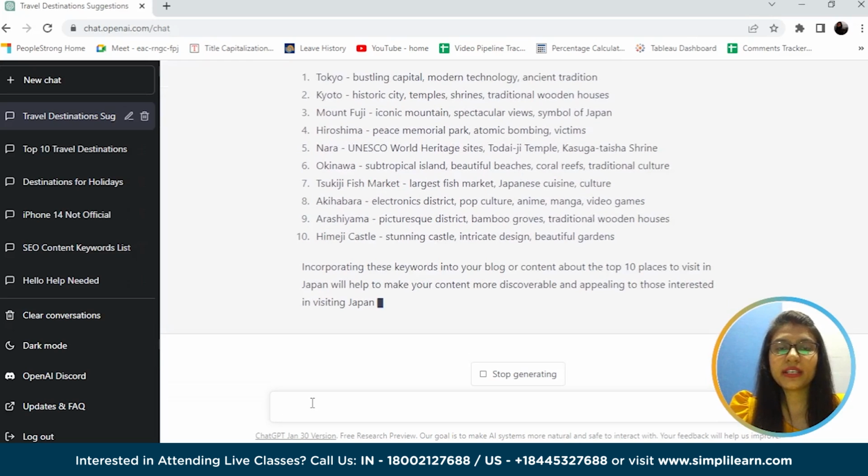Okay, so we are getting some keyword recommendations, and it is also suggesting that by using these keywords, our content will be more discoverable, and it will be easy to rank for search rankings.